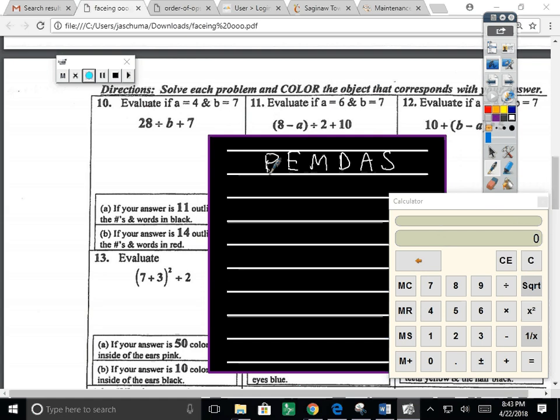You might remember it that way. Let's take this original problem, the 28 divided by 8 plus 7, and copy it on our paper. Of course, I want to know what number this is. So 28 divided by, oh my gosh, there's a letter there. B, okay, plus 7. Well, if you read the directions up above, it says if A equals 4 and B